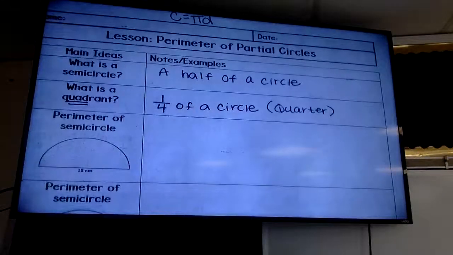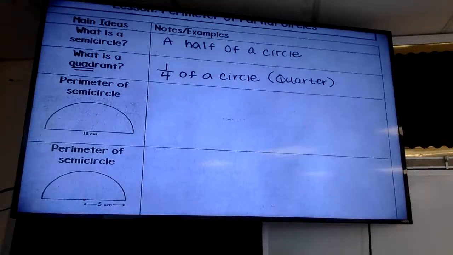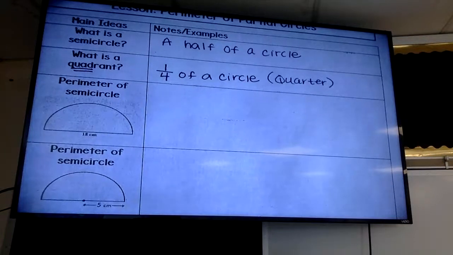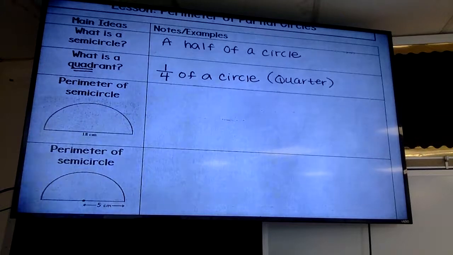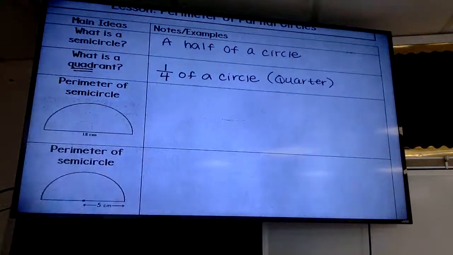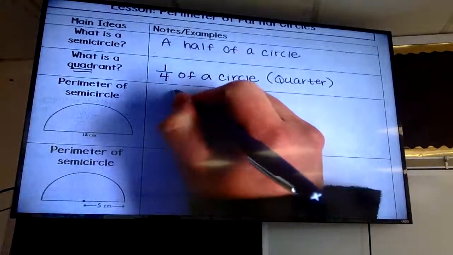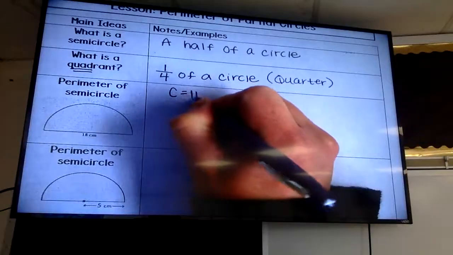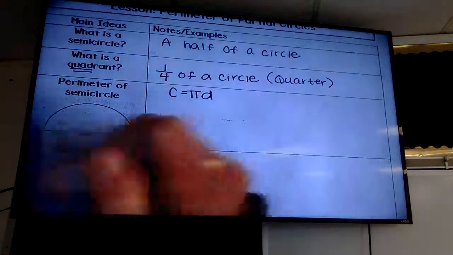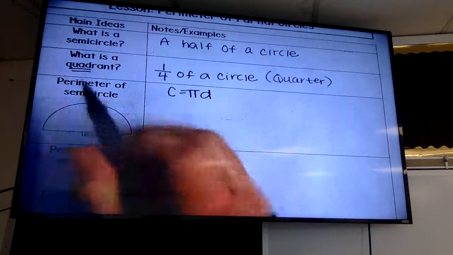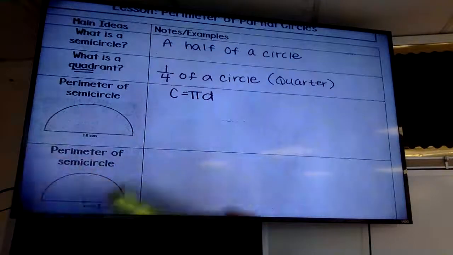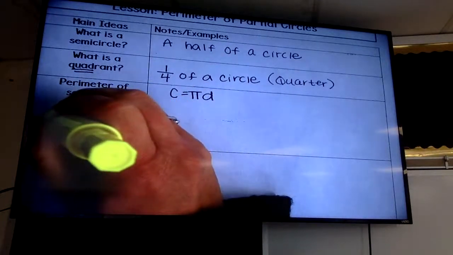All right, so I have to find the perimeter of a semicircle. So this one's kind of tricky. When we do this, I'm going to use a highlighter. You might actually want to get one out, so you can pause me and get one out if you would like. But when I use my circumference formula, remember, circumference equals pi times diameter. That would be if I went all the way around the outside of the circle. Okay, I'm going to use that formula, but I only want to find,